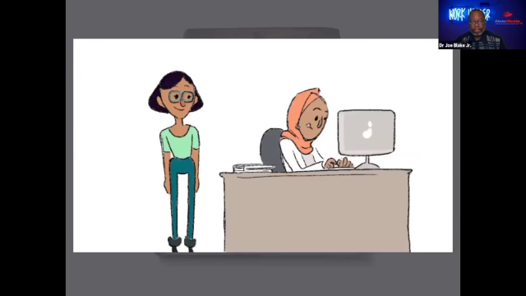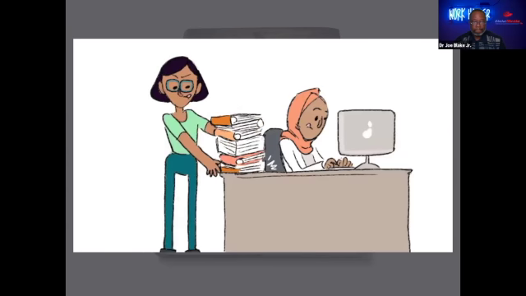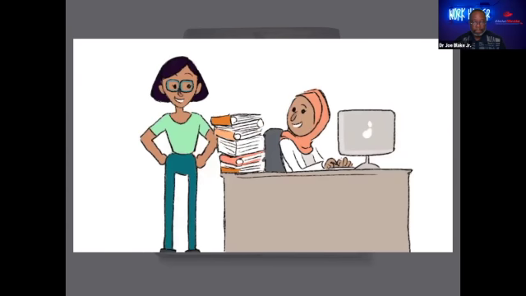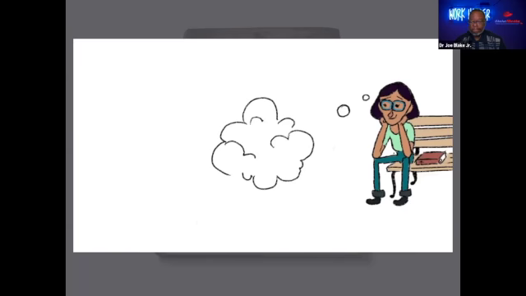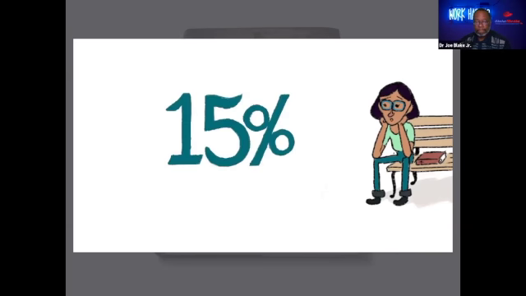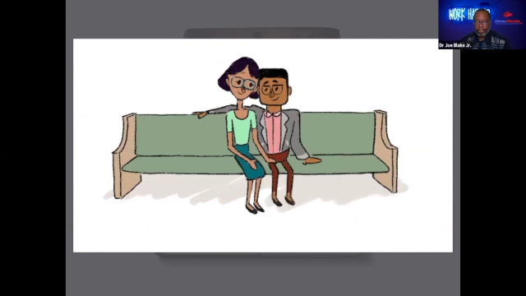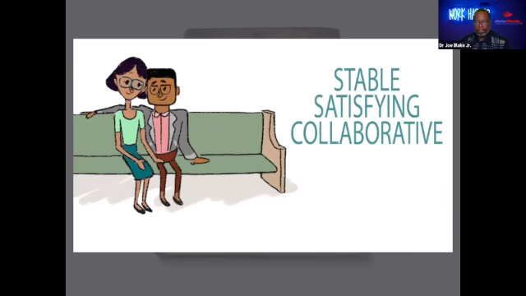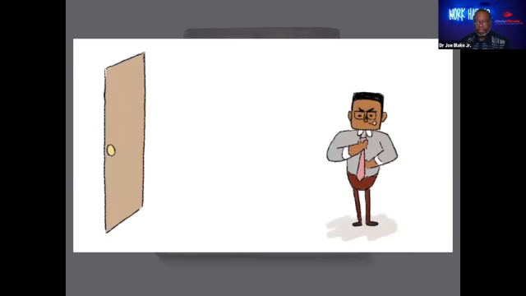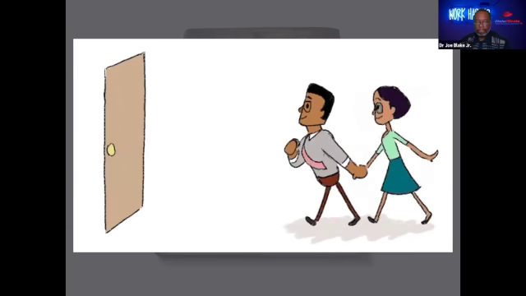And when you start your career, you'll doubtless benefit from the strong work ethic that Frankfurt School researchers documented among the religious. Is marriage one of your goals? A Pew Religious Landscape study indicated that people with a religion are 15% more likely to be married than the unaffiliated. Active LDS people are 29% more likely to be married. Religiosity keeps marriages stable, satisfying, and collaborative instead of conflict-based. Plus, it makes men better husbands. Their church attendance is highly correlated with their wives' happiness.